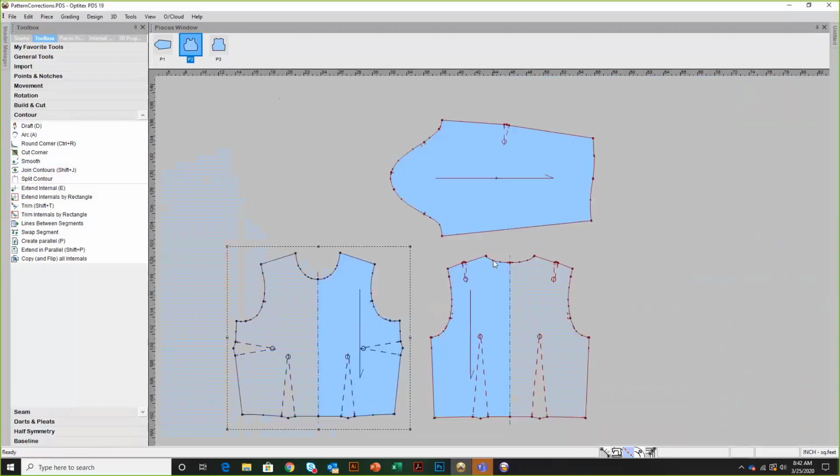Okay, so let's talk about taking this pattern to the next steps, right? We've talked about several things in terms of the importance of having a pattern making system. One of those things is going to be seam allowance. This pattern has no seam allowance on it at the moment, right? So what I'm going to do is show you just very quickly how we can add seam